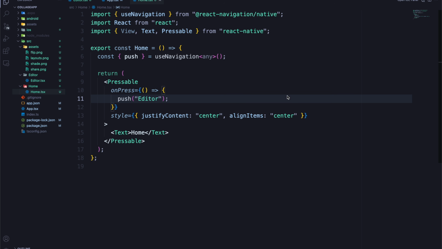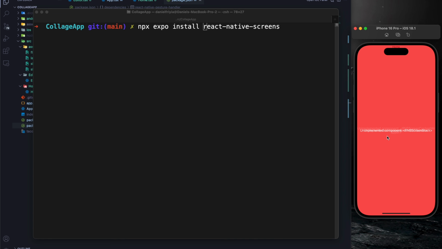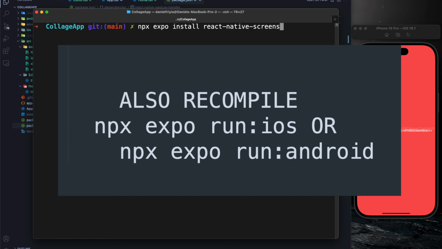Okay, so let's quickly see if that worked. I'm going to compile, and I'll be back when it's all done and ready. Okay, guys, so I compiled and I got this error: unimplemented component RNSScreenStack. The reason is because I forgot to install React Native Screens. If you compiled up to this point, you're probably going to end up with the same error. So please install this, and this should fix all of your problems. I'll be right back after I first run this, wait till it finishes installing. Then when it's done installing, I'm going to run prebuild one more time,